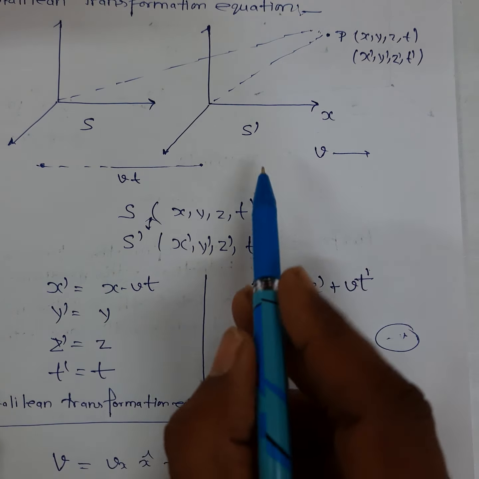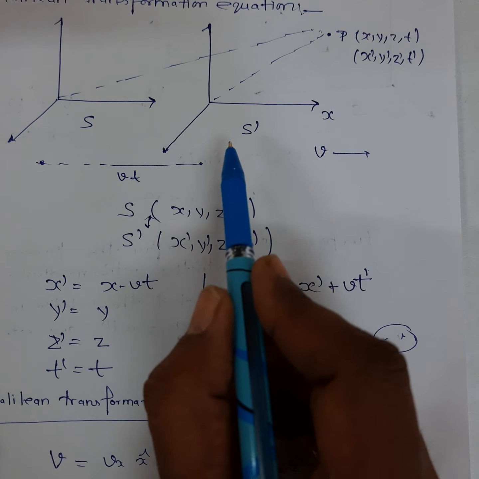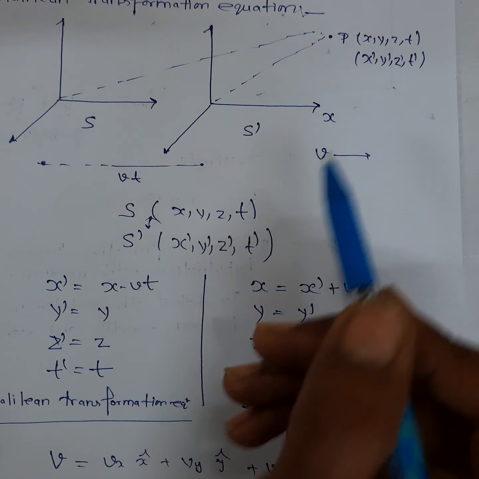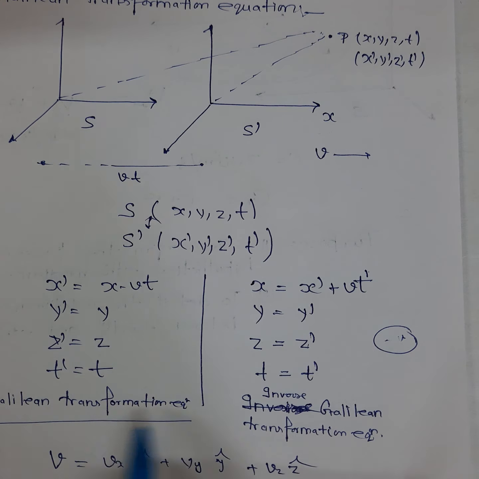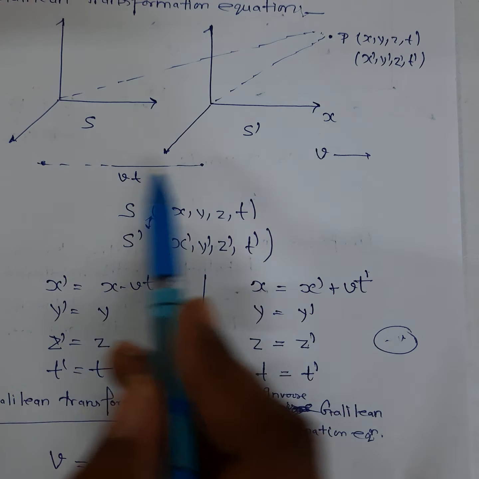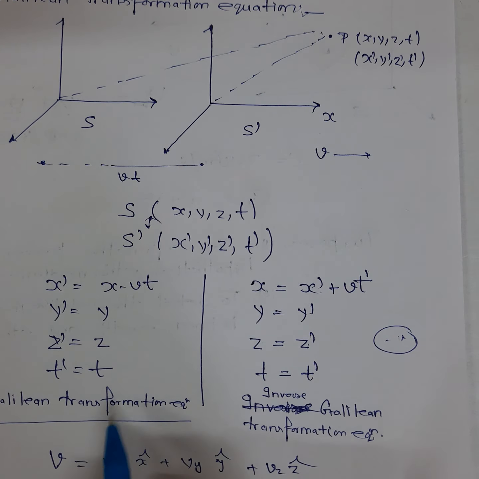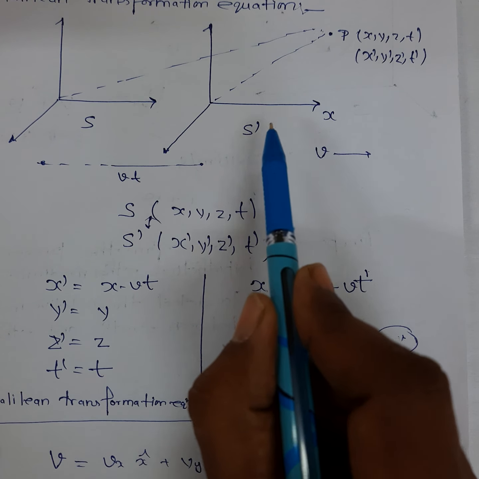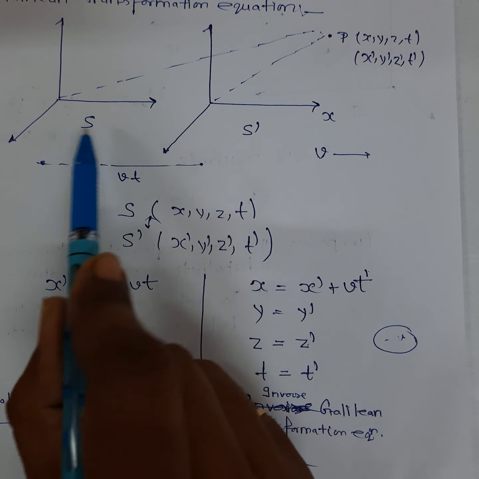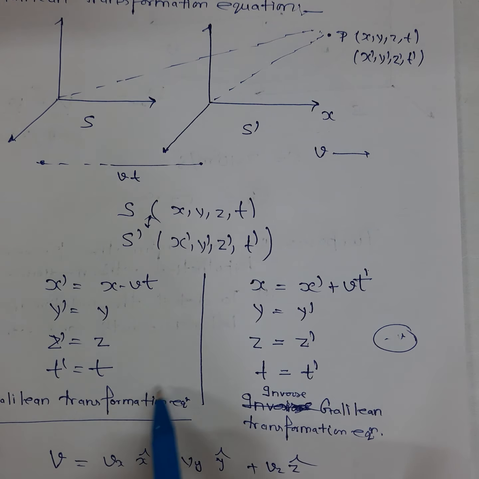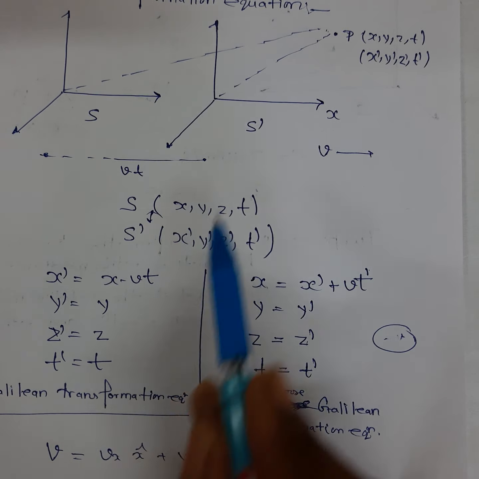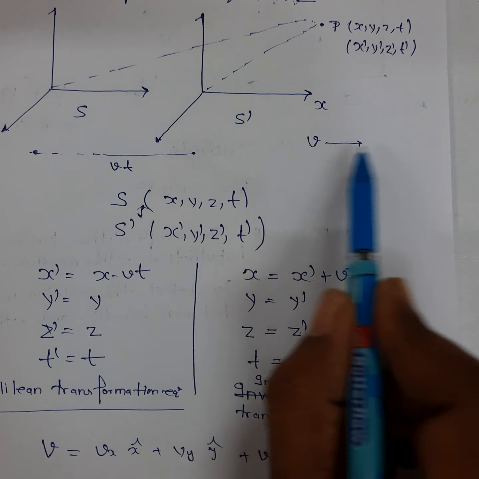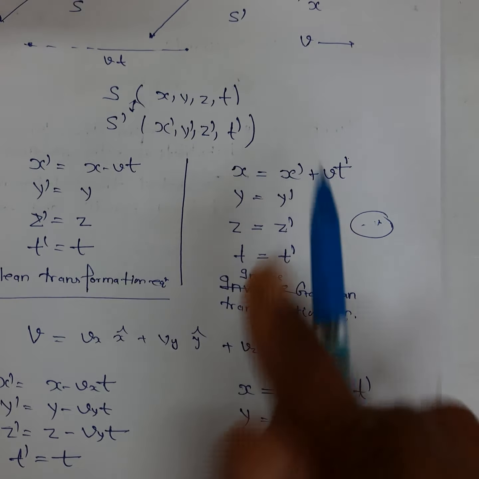So here, for a specific case in which the S dash frame of reference is moving with velocity v in the positive x direction, this set of equations relates the observations of both observers. I mean, the observations taken by the observer of S dash and the observer of S can be related using these equations. This was for a particular case when S dash was moving with velocity v, but if S dash